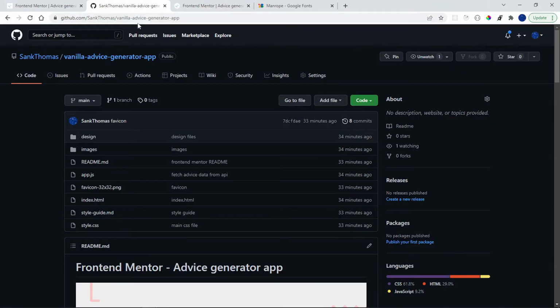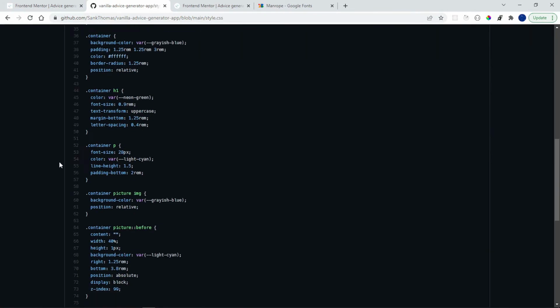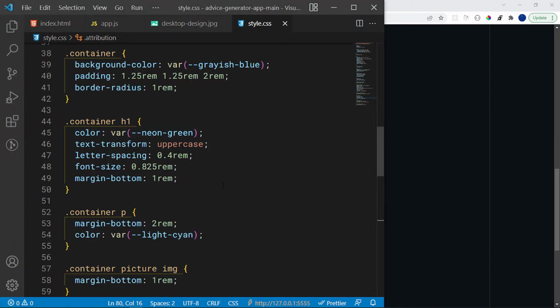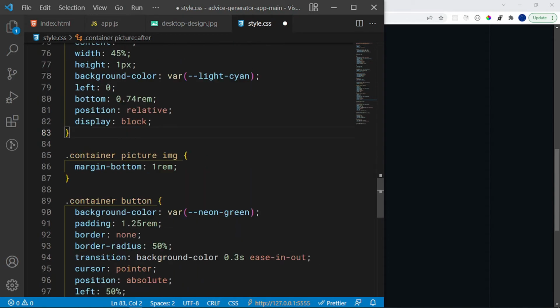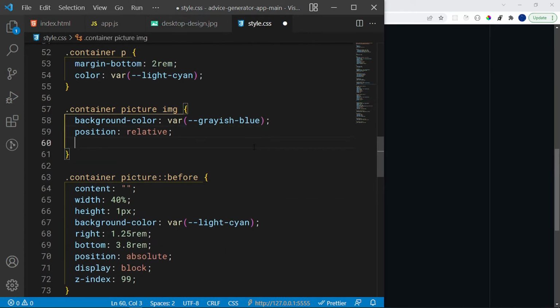So what I'm going to do is right inside here, I'm going to go inside my style.css. Okay, that's why I'm going to link this in the description, and then I'm going to grab this. Notice how we have the before and after. So right up to here, I'm going to copy this, and then I'm going to paste it where they have it after the paragraph. So right here, and hopefully, okay,